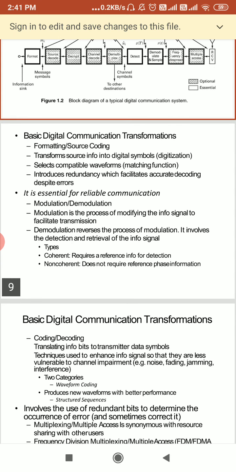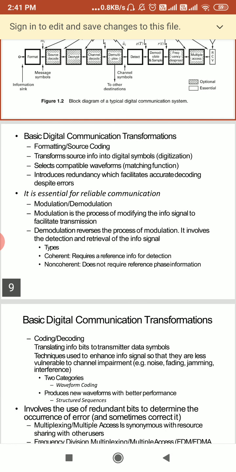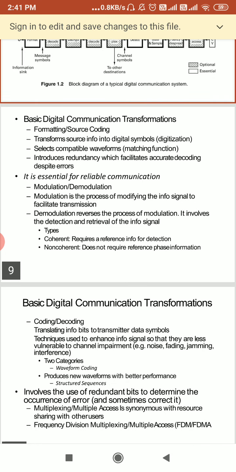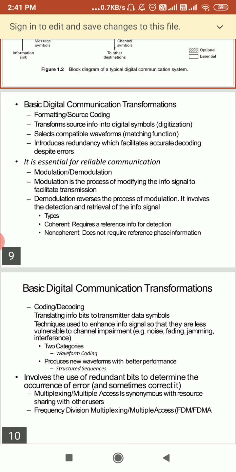It involves the detection and retrieval of the original signal, so it recovers our original signal at the receiver side. There are different types, like coherent and non-coherent. Coherent demodulation requires a reference for detection, while non-coherent demodulation does not require reference phase information at the receiver side.